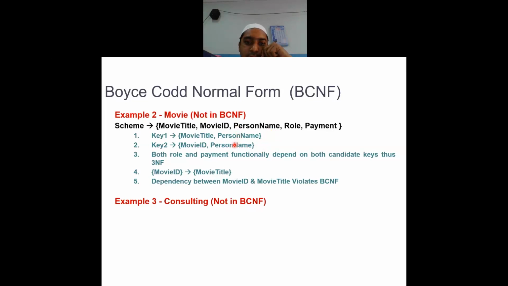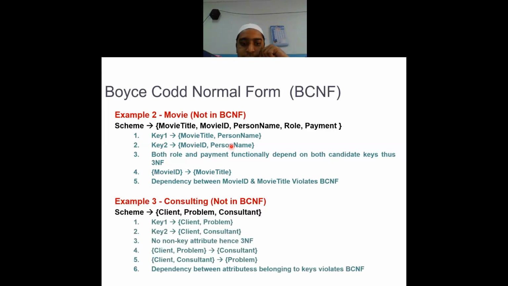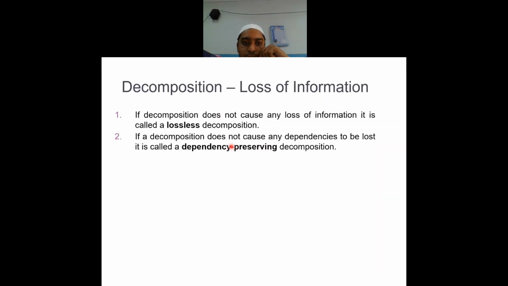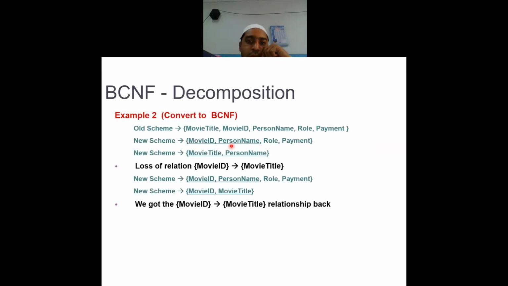We can clearly see that there is one common column in between. With that common column between the candidate keys, I can clearly say that it is not satisfying the Boyce Codd normal form. To decompose it to satisfy the Boyce Codd normal form, what we'll do: role, payment. This was the original one, right? Person name was dependent on movie. This was the common column. I removed it and placed it in the new table.